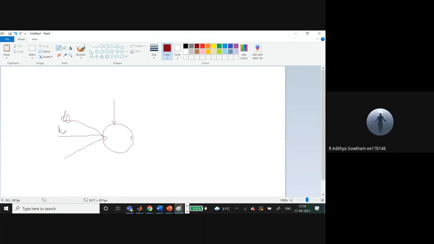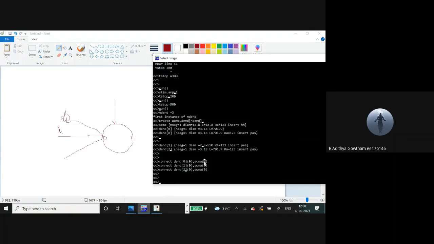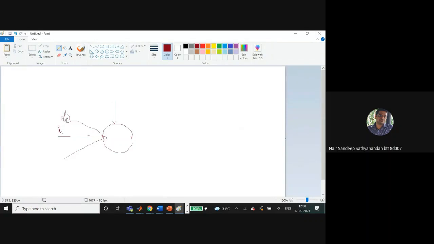No, I'm talking about the ends. You talked about 2 ends, 0 and 1. Yeah, that is a naming convention actually. So you mean this will be 0 and this will be 1, right? Yeah, that's how it looks. For the soma also, that's why I was confused.